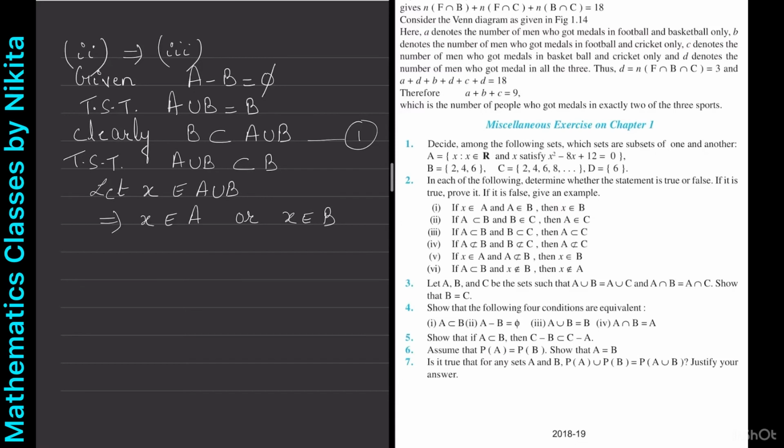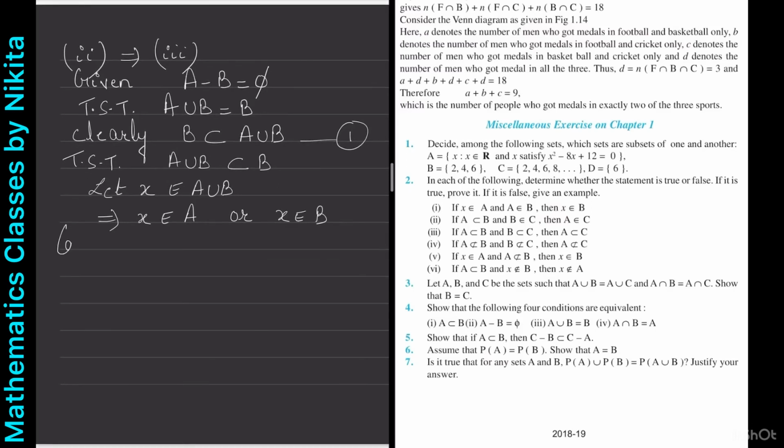और आपको proof क्या करना है? That X belongs to B. So case 1. Now we have the cases. So my first case is what happens if X belongs to A and X does not belong to B. देखो X आपका यूनियन के अंदर है तो मेरे पास कैसे केसेस बन सकते हैं? या तो X A में है और X B में नहीं है, that means X is somewhere here, और X B में है बट X A में नहीं है, that means here, और X जो है दोनों के अंदर है. ठीक है. So first case is this.